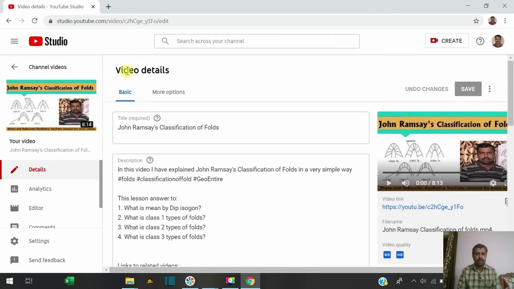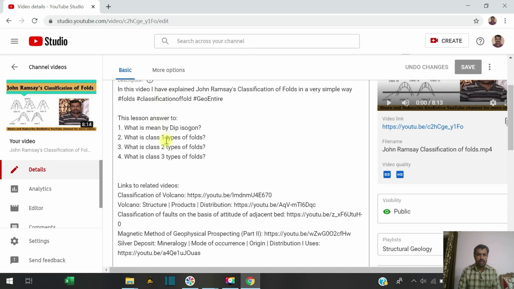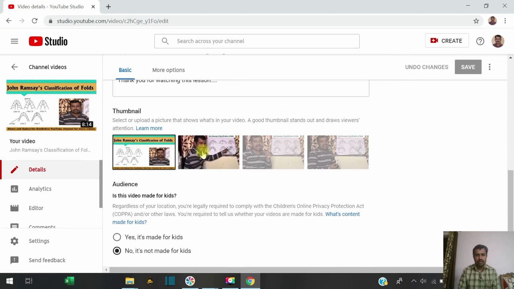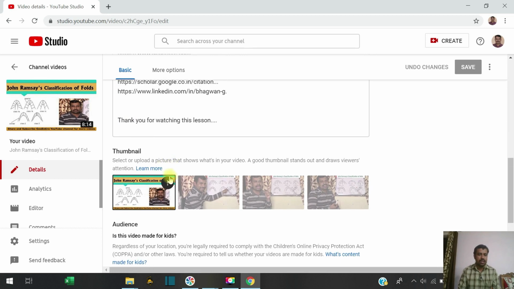After this, you can see video details, because after this video Datta sir will tell you about the uploading process of YouTube, and in that they will give details regarding video uploading on YouTube. YouTube is one of the open educational resources. Here you can see these thumbnails, which are the inbuilt ones given by YouTube, but I want to change this. I have already changed it, but again I want to change this thumbnail.